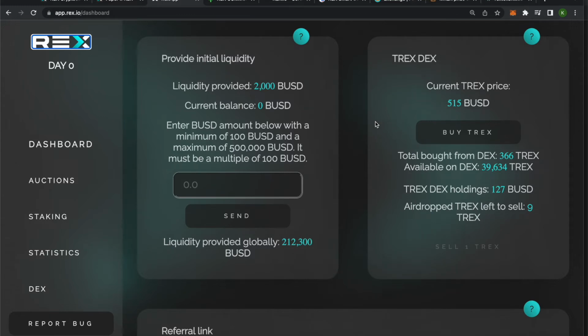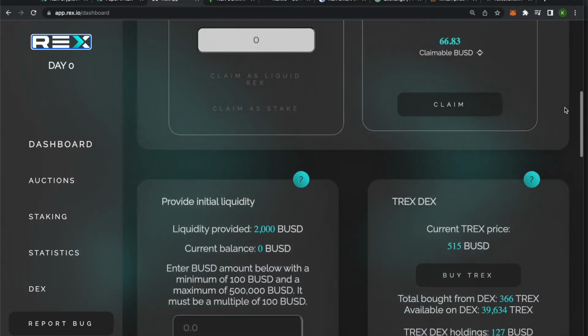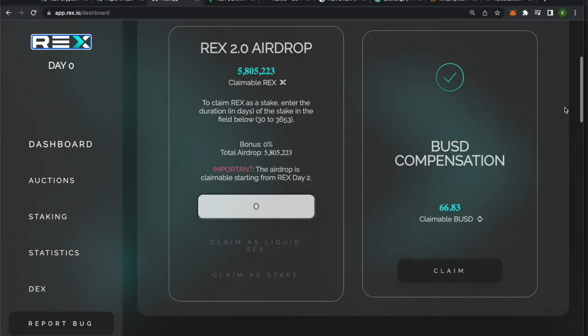We'll go a little bit more into TRex trading in just a second, but there are 2 other elements to the airdrop. This wallet, as I said, was in heavy loss, and this wallet is due to receive something like, I don't remember actually, but something like 48,000 BUSD in recompense for the losses that it suffered in Rex. So you can see here that there's only 6683. Why is that? The reason for that is that